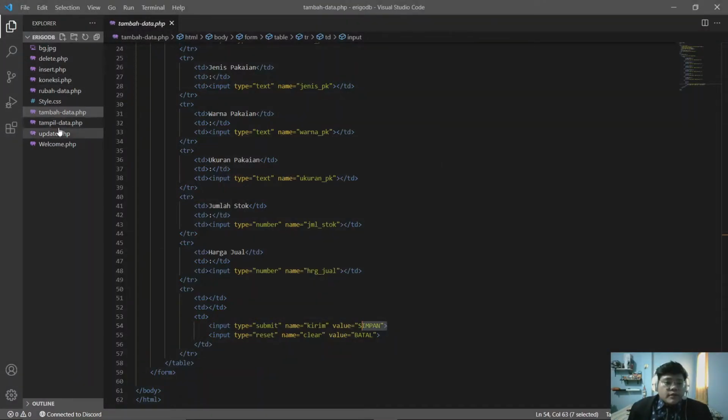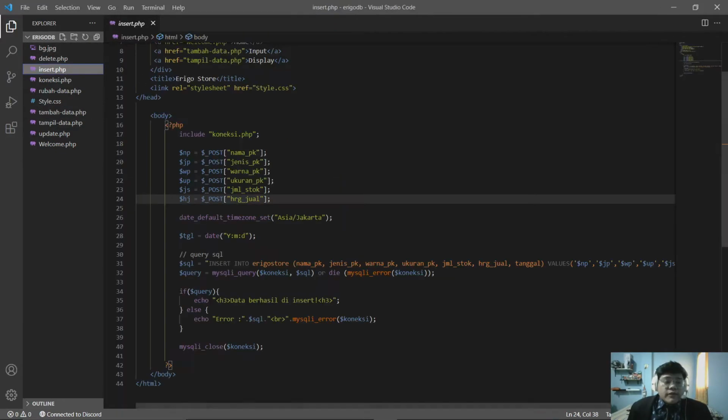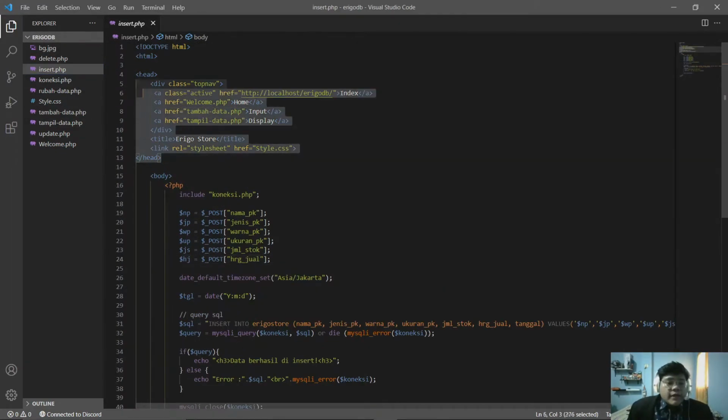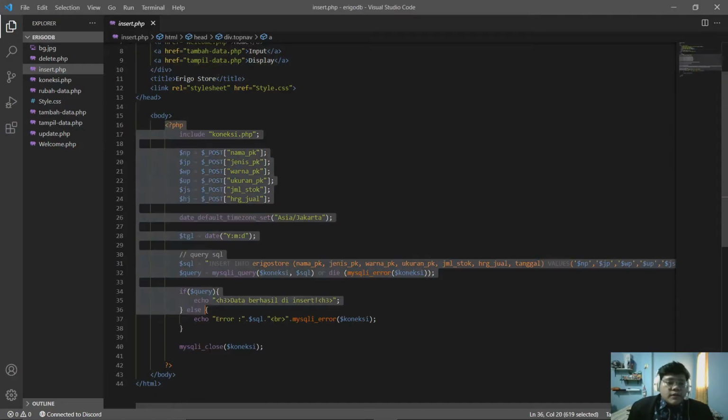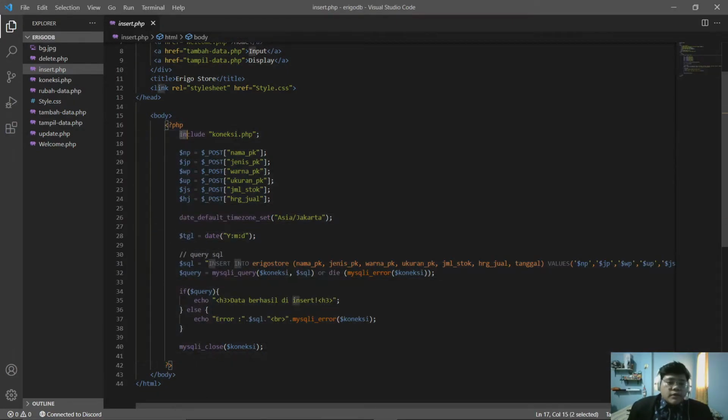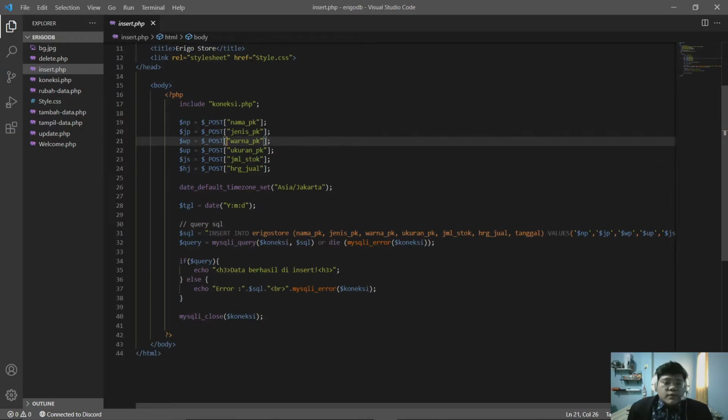For the insert function, the head is the same, and this is the PHP code. It includes connection.php to connect to our database server, and these are the variable values, as you can see. This is the post method, which has name, type, color, and everything.